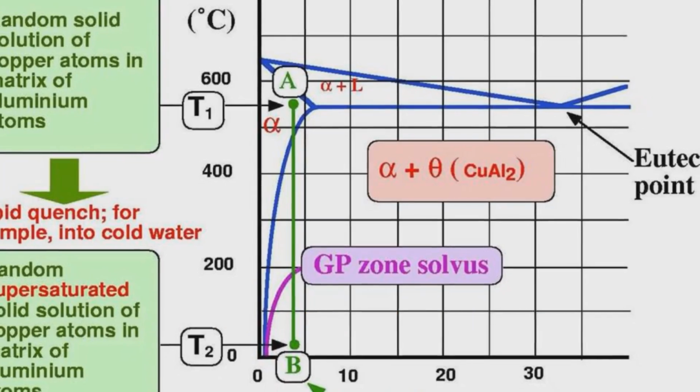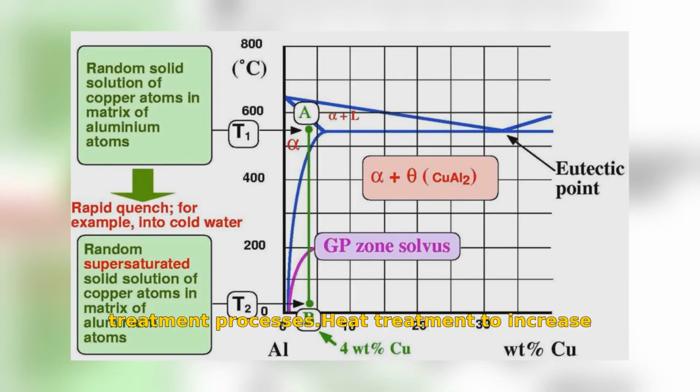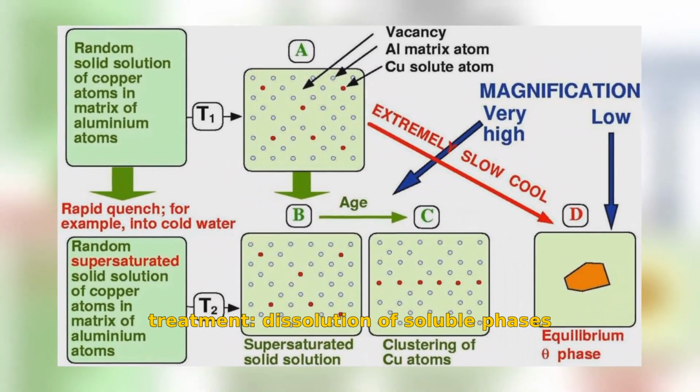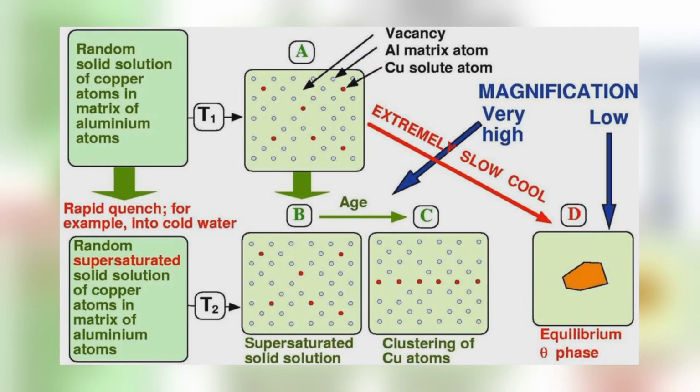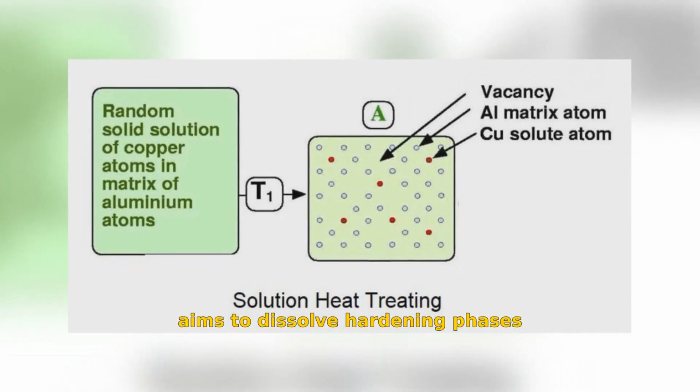Precipitation hardening systems, like the aluminium-copper system, form the basis for understanding heat treatment processes. Heat treatment to increase strength of aluminum alloys is a three-step process: solution heat treatment, dissolution of soluble phases, quenching, development of supersaturation, age hardening, precipitation of solute atoms either at room temperature, natural aging, or elevated temperature, artificial aging or precipitation heat treatment. The first step in heat treatment is solution heat treatment, which aims to dissolve hardening phases